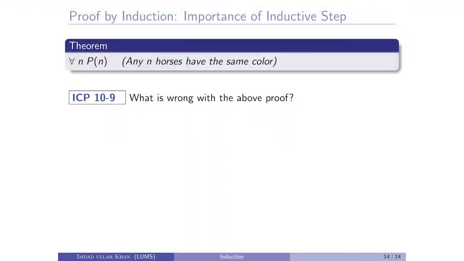Okay. और आपको जिन लोगों ने घोड़े देखे हुए थे पहले, तो वो कह रहे थे कि they are not of the same color, all of them are not of the same color. So हमें लग रहा था कि statement is false, but what is false in the statement? So this is ICP, but I'm going back to that proof so that you can analyze the proof. I'm coming to you, right?